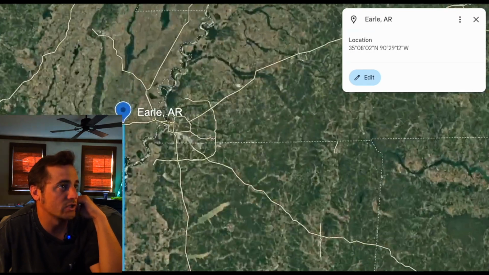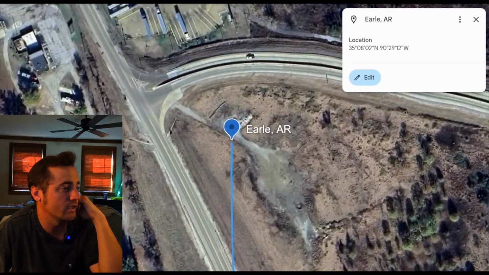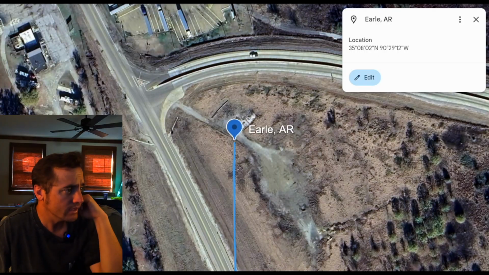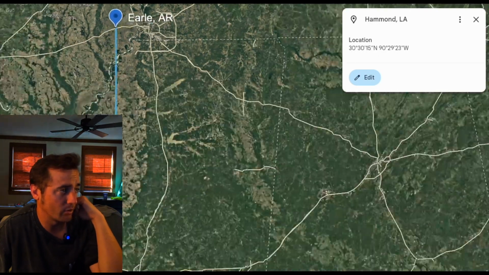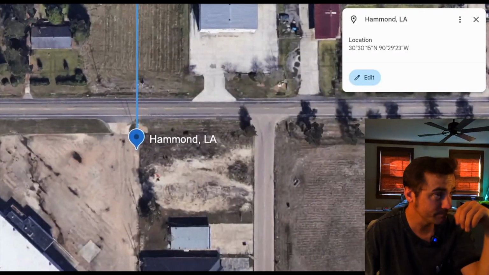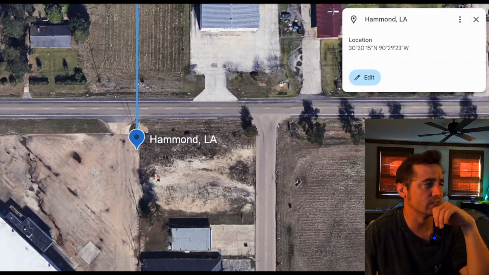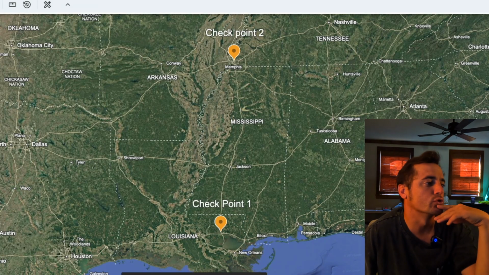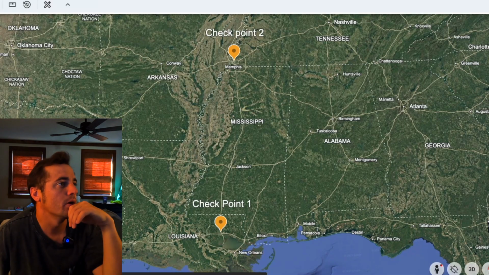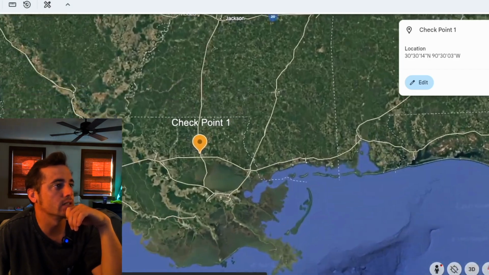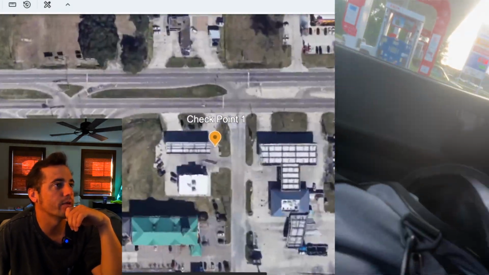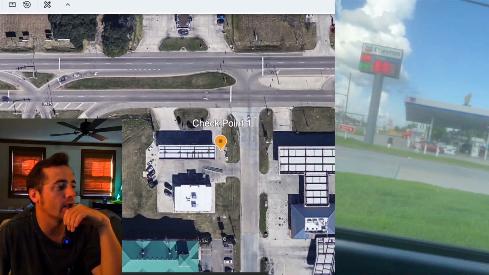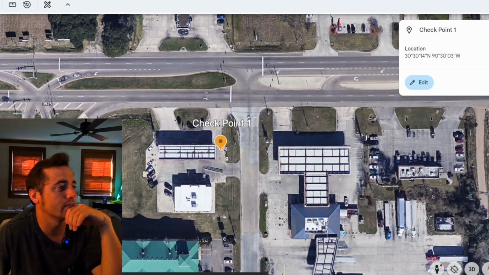My first site was right off of an interstate and an off-ramp right here. And then my second site was in the back, in the parking lot behind a Hobby Lobby. So I did some checkpoints just to check Google's distances to see if we were pretty close to similar. So my first checkpoint was a gas station in Hammond, and I got my odometer reading at this